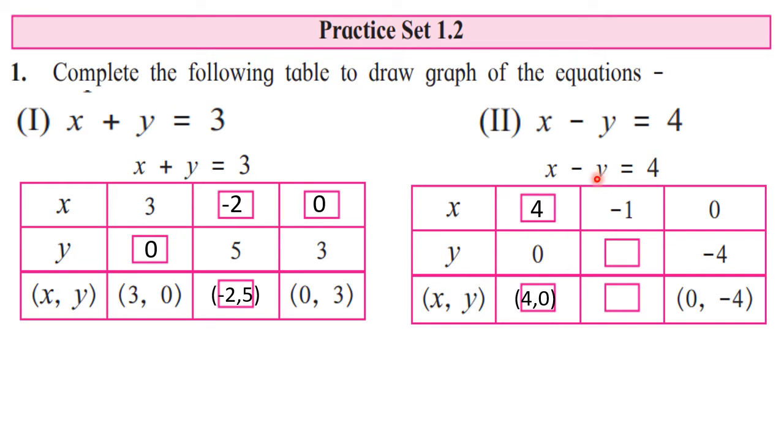Now when it is minus 1, x is minus 1 and not y. X is minus 1. So that minus 1, when you shift it here, will become plus. So 4 plus 1 is 5. But minus y is 5. In a hurry, don't write plus 5 here. So y is going to be minus 5. Okay, this is a little bit confusing, so take your time and do it properly. You solve it and then write the ordered pair as minus 1 comma minus 5. Okay, such questions can be asked for 2 marks.